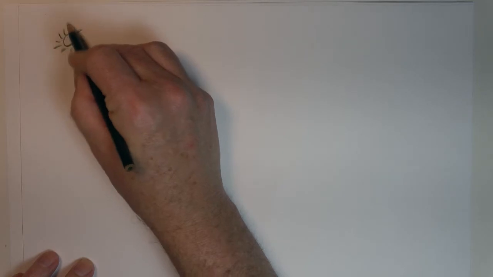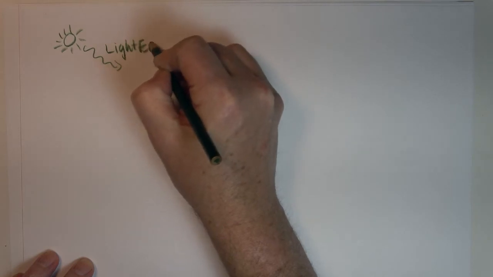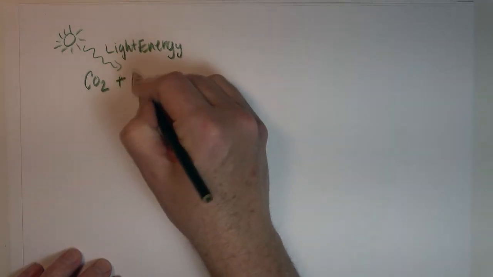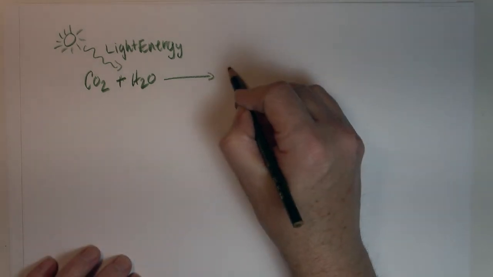So we're going to start with photosynthesis. The sunlight is what provides the energy for this process. So we've got light energy that comes into this process, and these autotrophic organisms take atmospheric carbon dioxide, or if it's aquatic, they'll pull it from the water, plus water, and they will use that to make an organic molecule, a carbohydrate called glucose, and the formula is